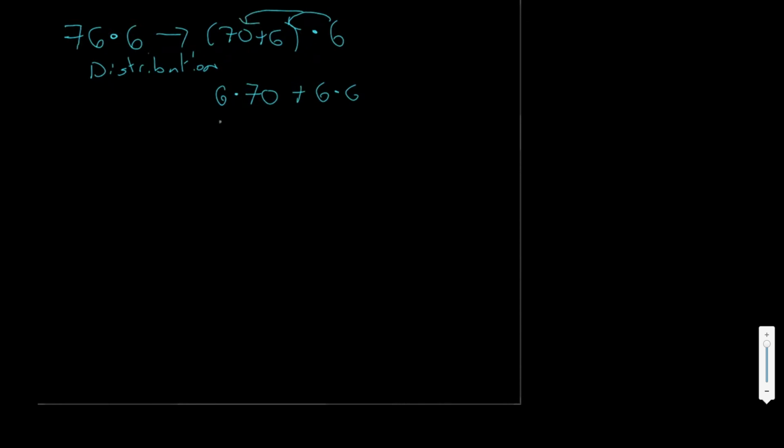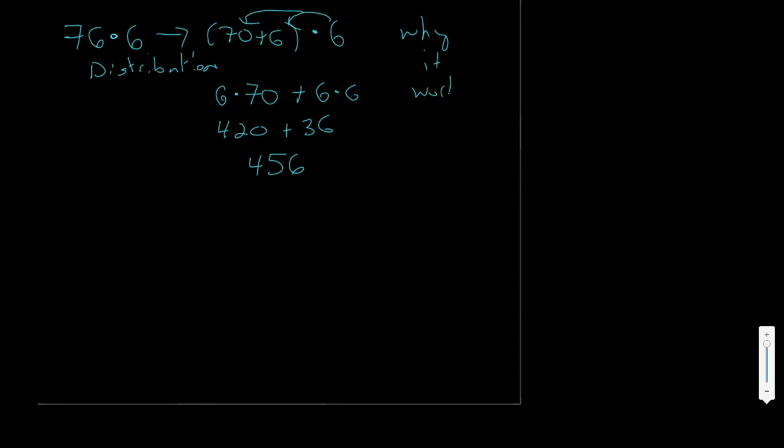And 6 times 70 is 420. And 6 times 6 is 36. And I add those together, I get 456. Well, I don't want to break everything apart with distribution. I don't want to write in the expanded form each time. This is why